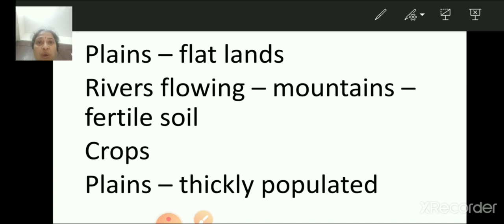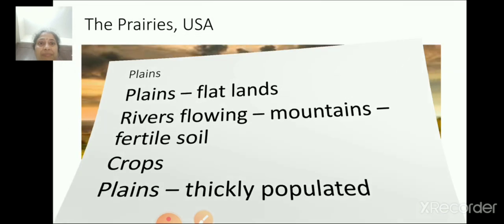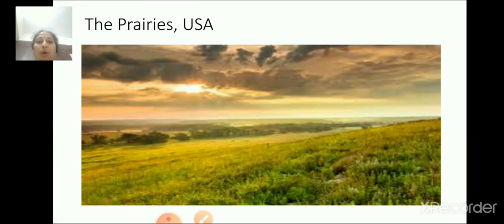Example, the northern plains of India, the prairies of the USA produce large amounts of wheat and other grains. Is that clear?